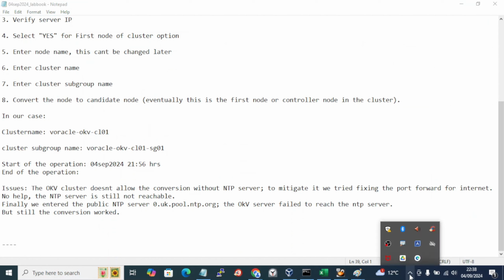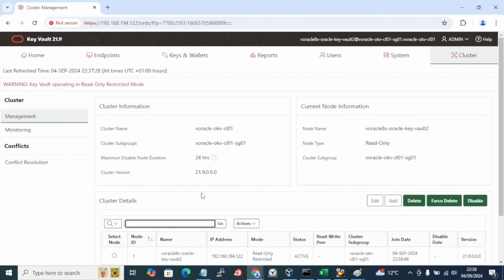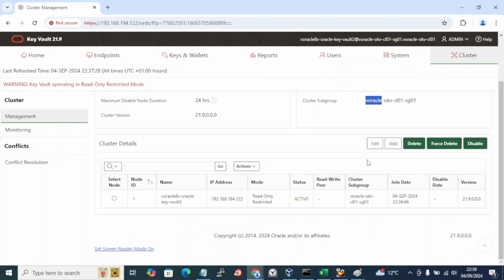Alright, so the conversion finished, and I'll show you here. Cluster name: you can see the warning, key vault operating in read only restricted mode. Cluster conversion is completed. Cluster subgroup name is this, and maximum disable duration is 24 hours. Cluster version is 21.9. Node name is this, in read only mode, and cluster subgroup name is Oracle OKV CL01 and subgroup 01. See this node ID, you cannot change it, it's auto generated, but you